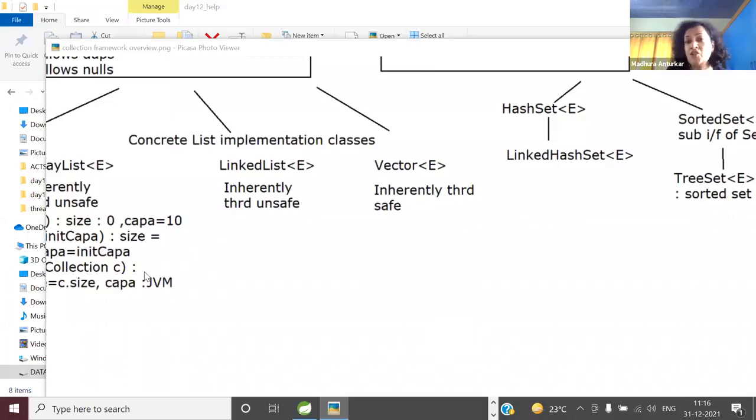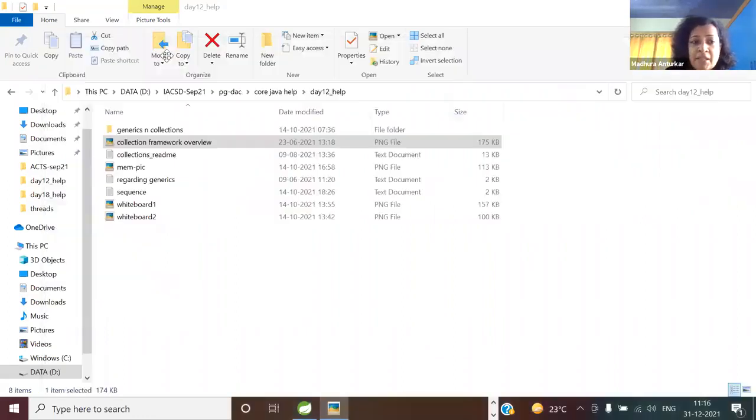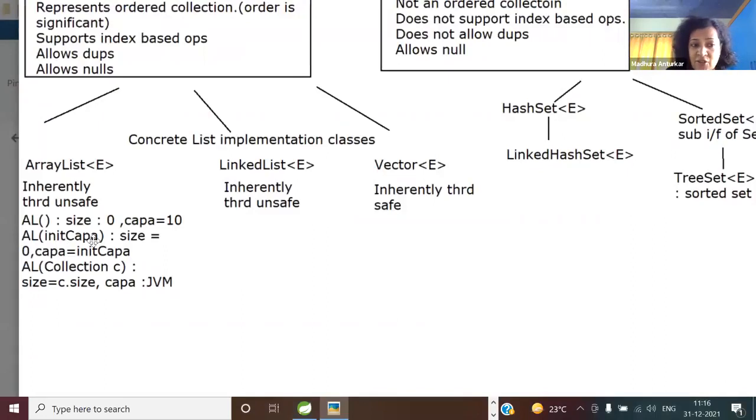So that is about your ArrayList default constructor. Can you initialize the ArrayList with a larger capacity than 10? 100% yes. So that is your second constructor, ArrayList with the initial capacity; size is still 0. And the third one is you can also create a populated ArrayList using a collection of any type. All that will come to you with examples.